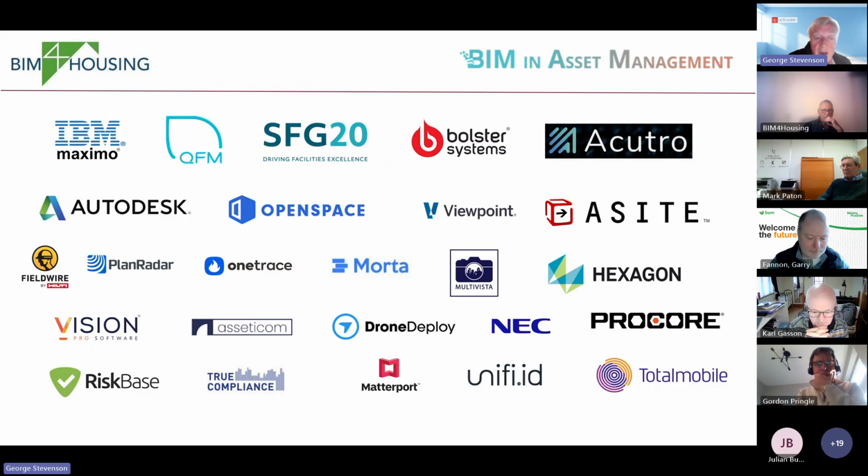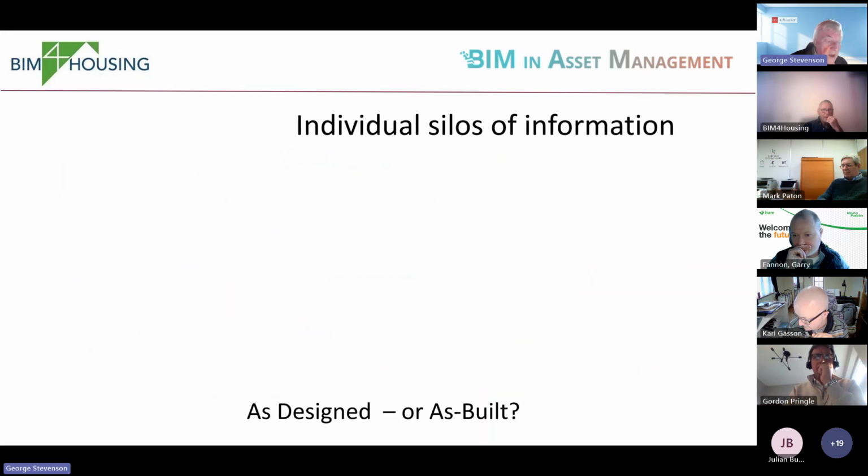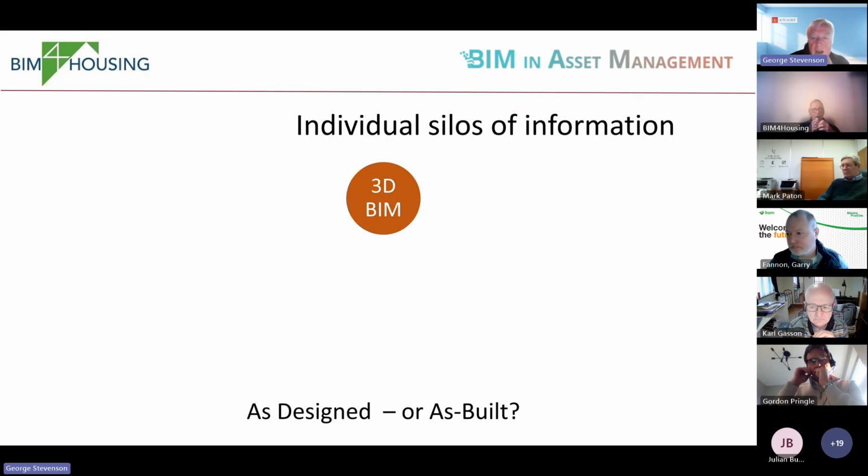Multi-Vista, Drone Deploy, Matterport, they're all producing those types of 360 technologies now. It's common practice, but that information often isn't then being used in asset management circles. And one of the things that we're trying to tackle, and we're going to be covering this tomorrow in the